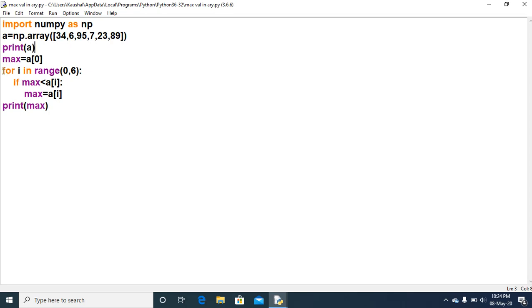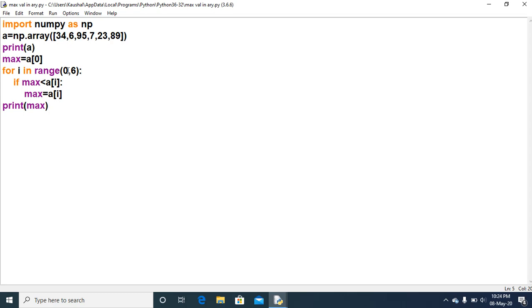And then I have taken the loop for I in range 0, 6. 0, 6 means how many times will this loop execute? 0, 1, 2, 3, 4, 5. Not 6, because 6 is the end limit and we have to run till less than the end limit, the stop index.